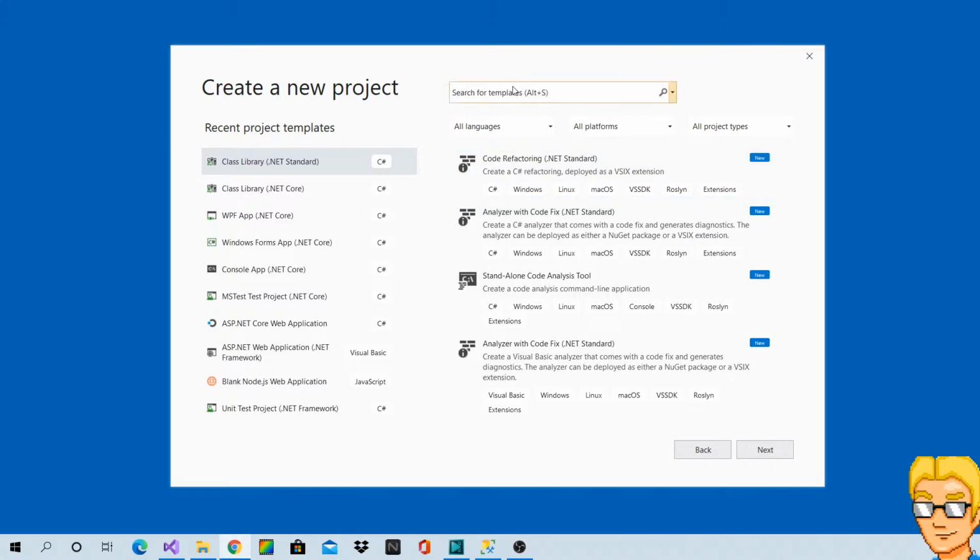So let's go ahead. For the first episode, I want to keep it very simple. I'm just going to create a simple WPF project where some fictional customer data is shown and can be maintained by the user.